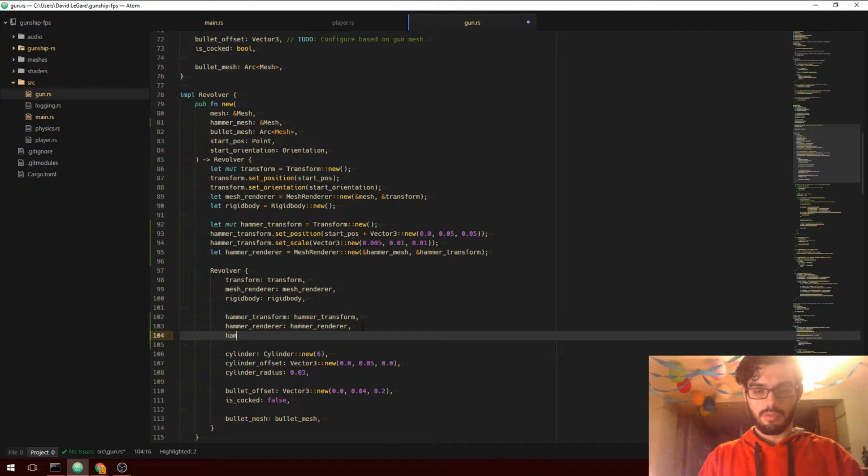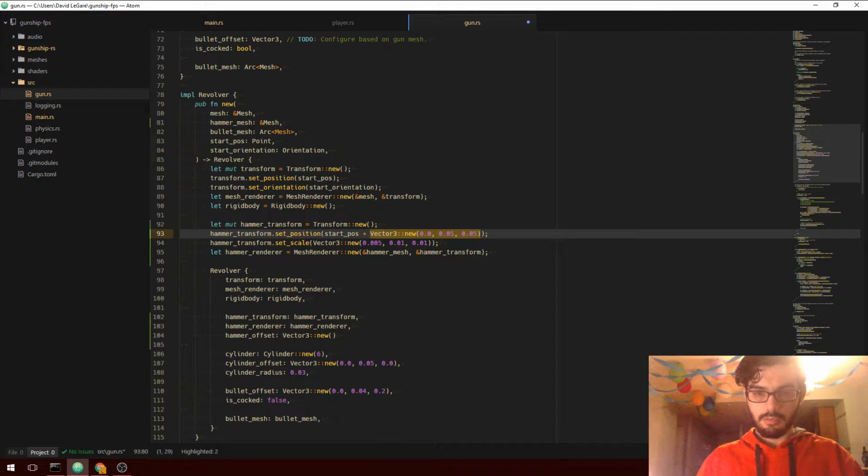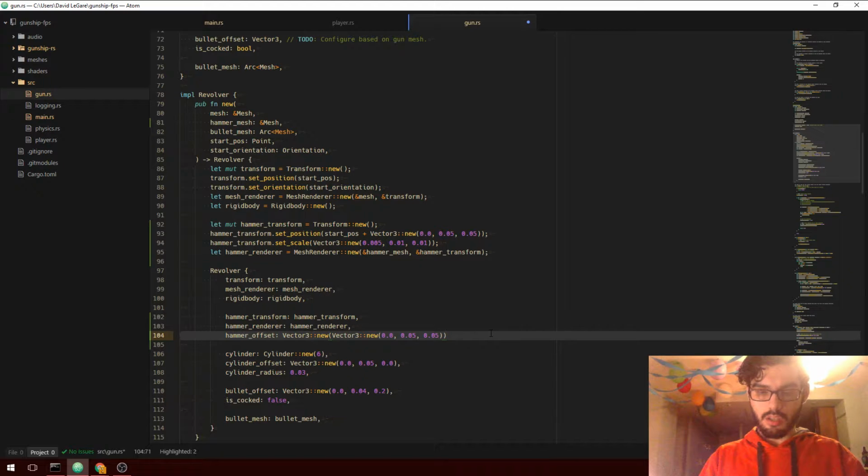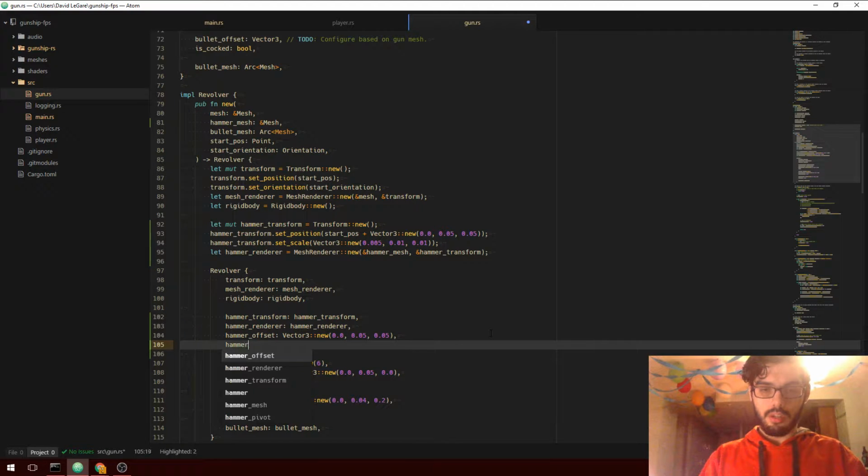So hammer offset is vector 3 new, we want to be this, and oh whoopsie, let's do this, and we want hammer pivot to be, I'm going to call this